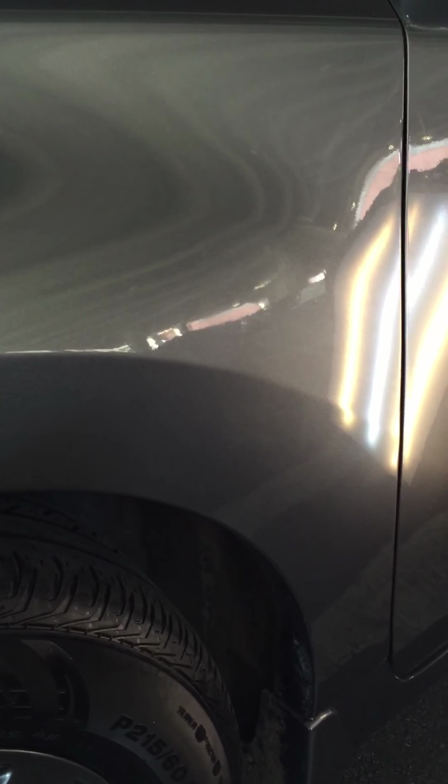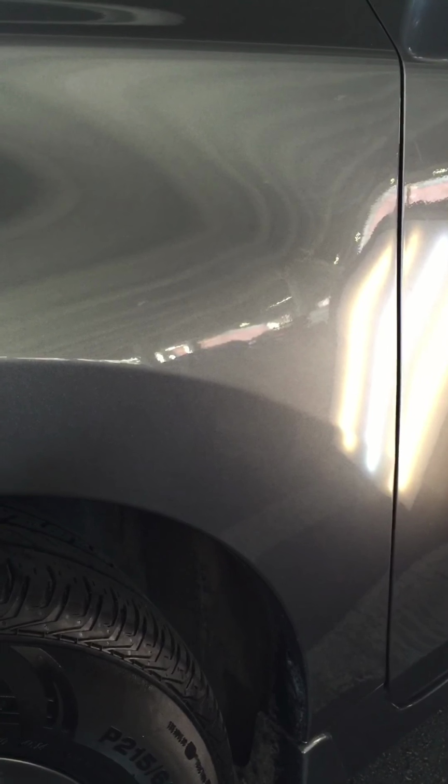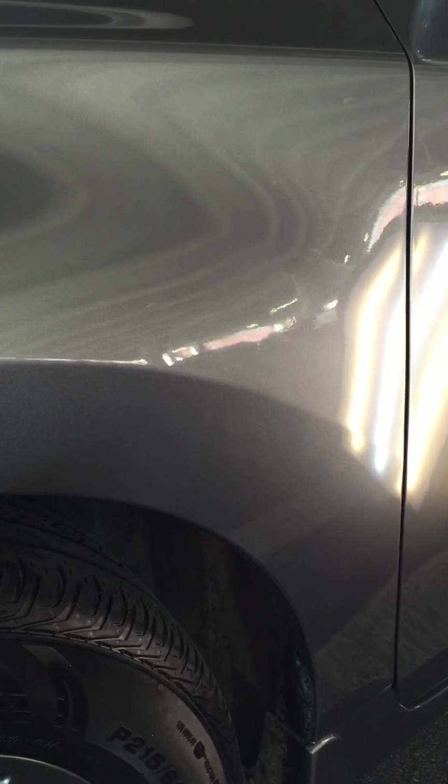They wanted to charge upwards of $600 was the lowest bid for painting, and I think they went all the way up to like $1,200 in some shops. This job was performed in about an hour and a half. So instead of dropping your car off for days and getting them to paint it, this was performed right here